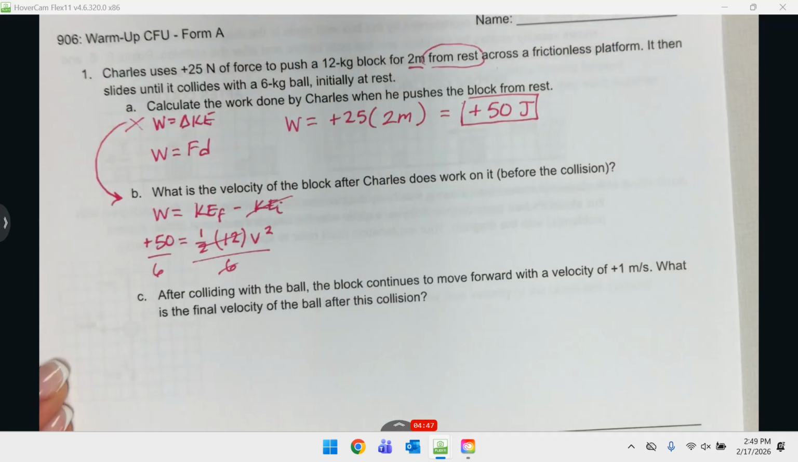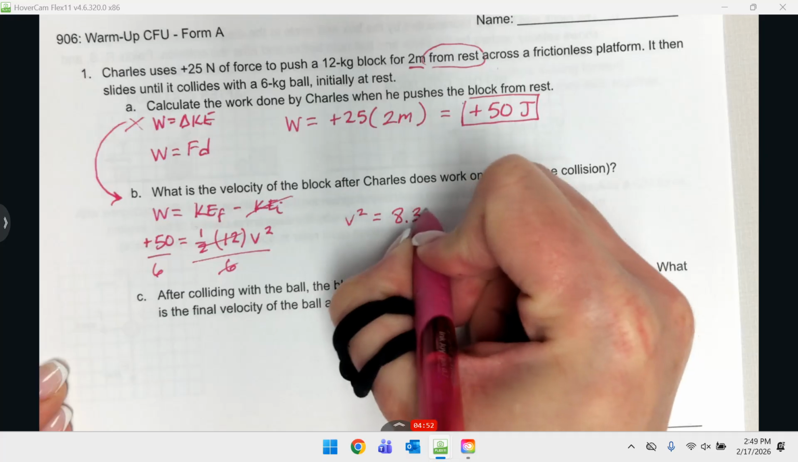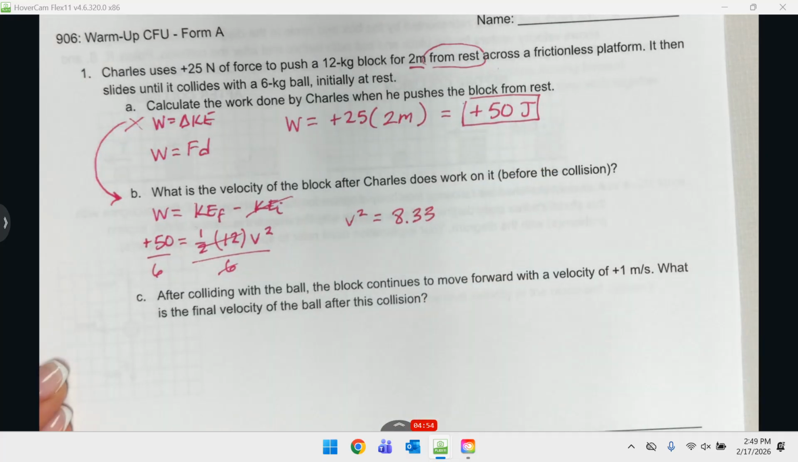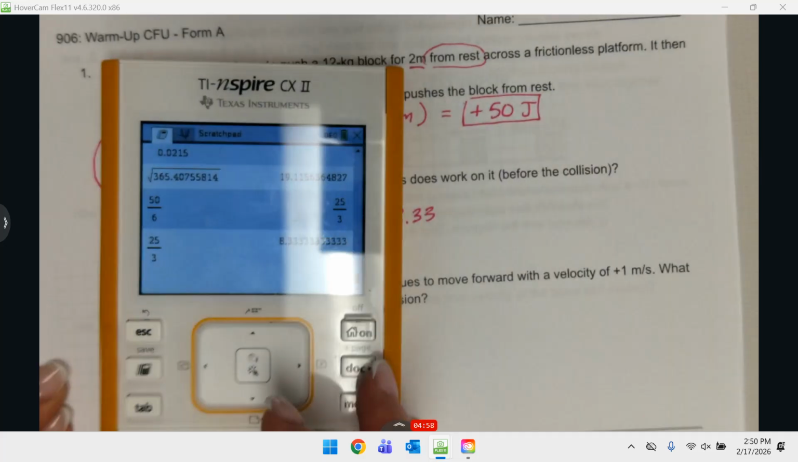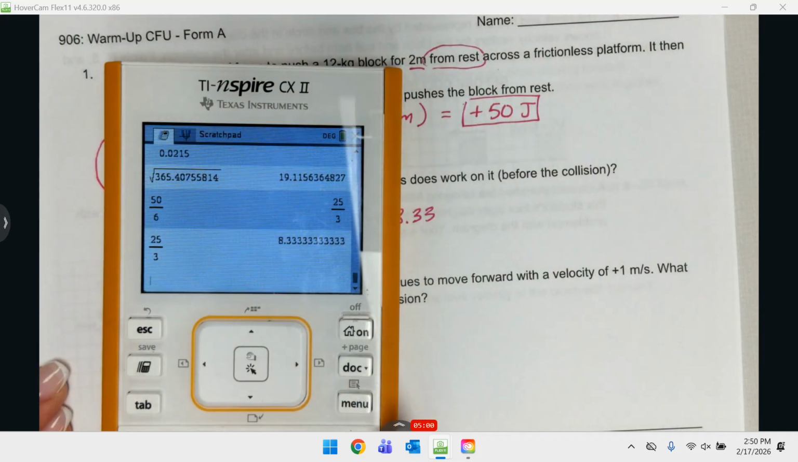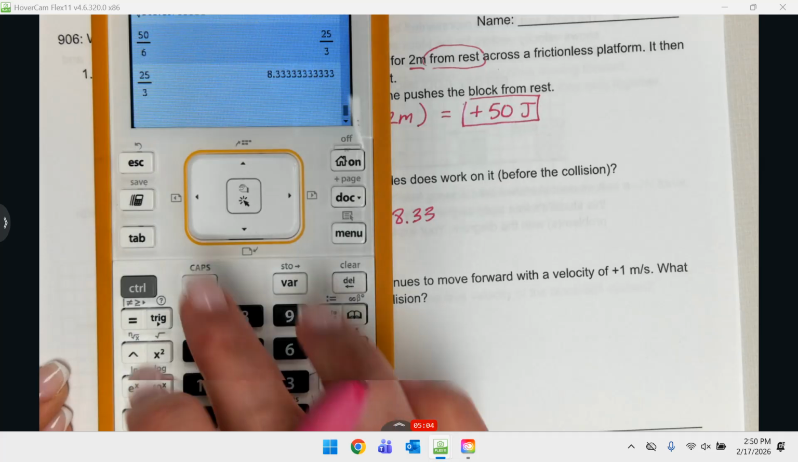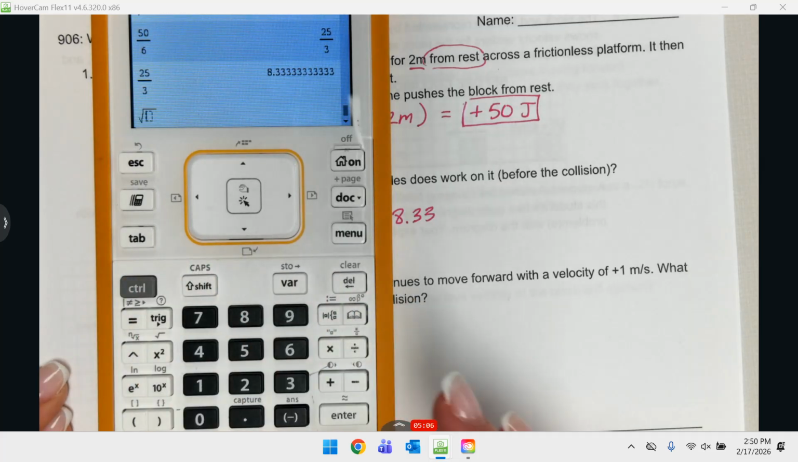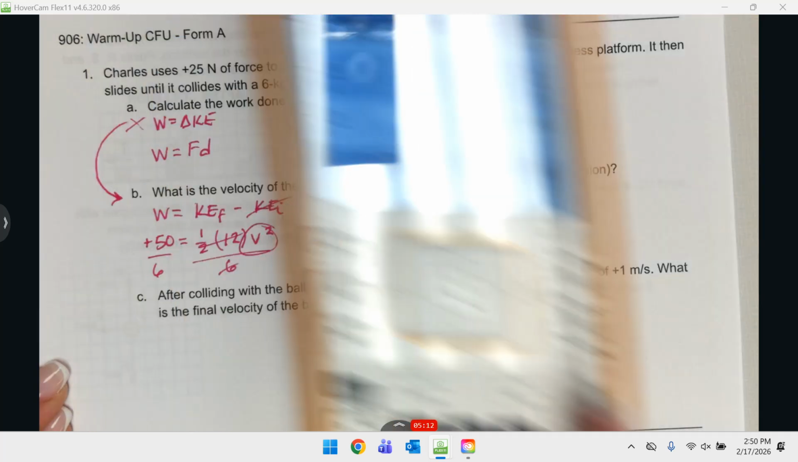8.333, repeating. So v squared equals 8.333333. And again, that's v squared. So your next step is to take the square root of that value. On the Inspire, the square root button is right here above the squared button, so you have to use the control button to get to that. And then fill that in,